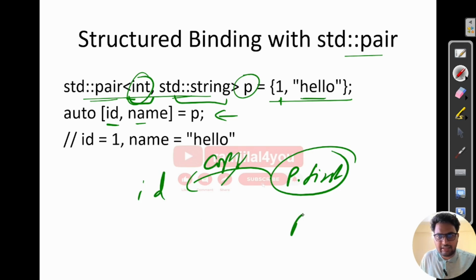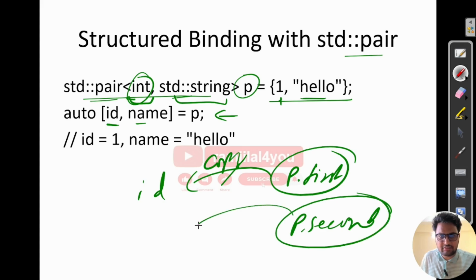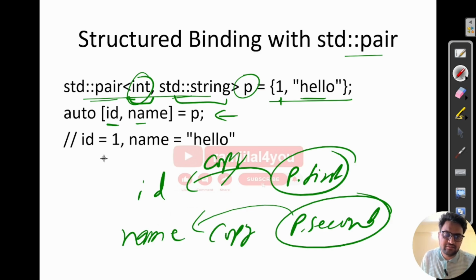Copy, right? And p dot second will get copied to the name, correct? Here, id is having one, name is having hello. That is what happens, right? So I hope this pair case with the structured binding is also clear to you,